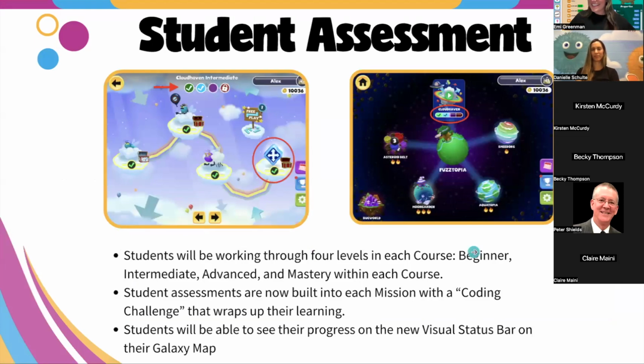Okay, exciting stuff as teachers. We have included student assessment. So not only does the Galaxy map look different, we also have organized it based on concepts. So for every planet, for example, Cloudhaven, we have a beginner, intermediate, advanced, and mastery. So in Cloudhaven, for those of you who are familiar, it's teaching students sequencing, which is just putting code in